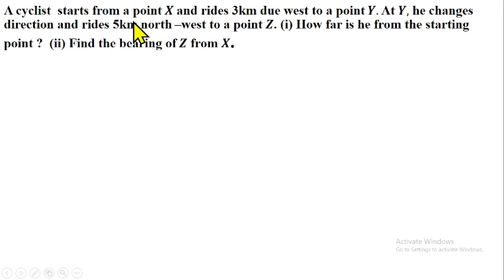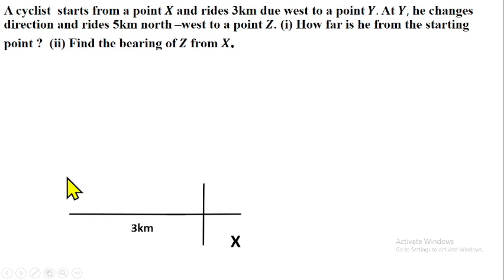A cyclist starts from a point X. So locate point X with your cardinal point, and ride 3 kilometers due west. This one, they are not giving the bearing, but they are giving the direction. Where is the west of X? This is the west of X. So the cyclist moves straight like this, 3 kilometers to point